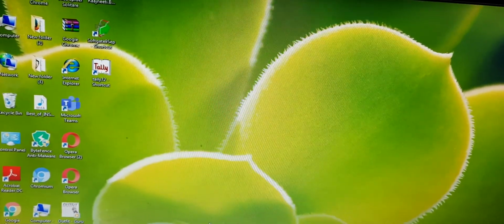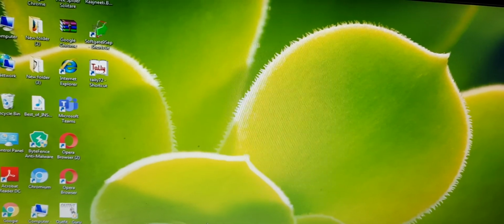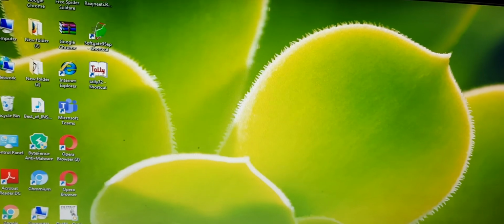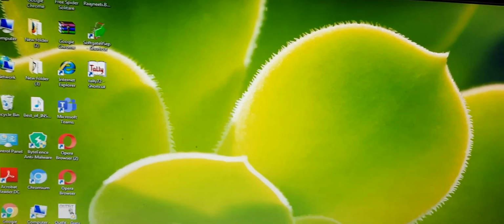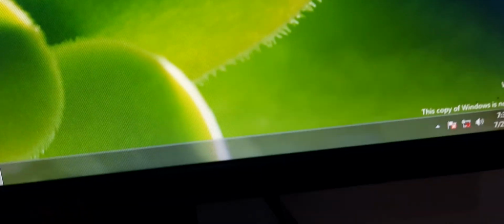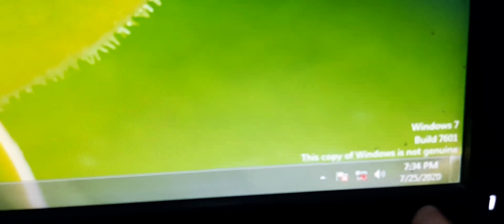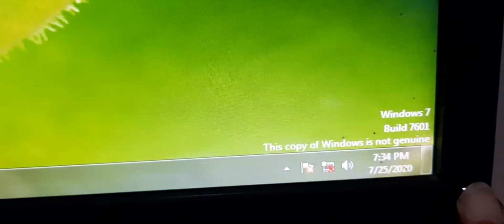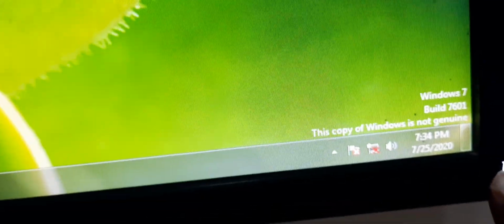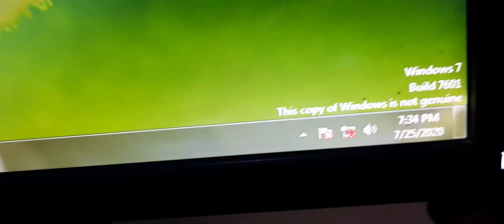Okay children, when we switch on the computer system, it starts on its own, and if the screen is not displayed, you need to check a button here. Usually it is on the right side, like this button here, or it might be down under.